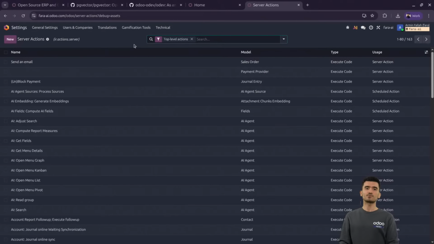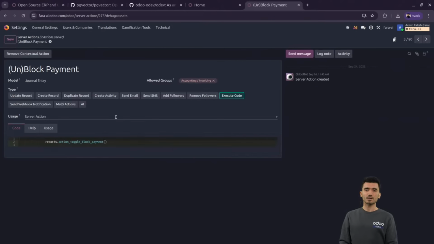So server actions are a way that you can write code inside Odoo or do stuff. Let's say you can update records, create them, duplicate them, create an activity. So you don't actually have to write code for them. You can also use any of these types of actions as well. And this can actually be used in another scheduled action or automation, or it can be used as is. So let's say you just want to send an email, then you create a button, connect that to this action, and actually use it. So knowing that you have those three types of things, that all of them